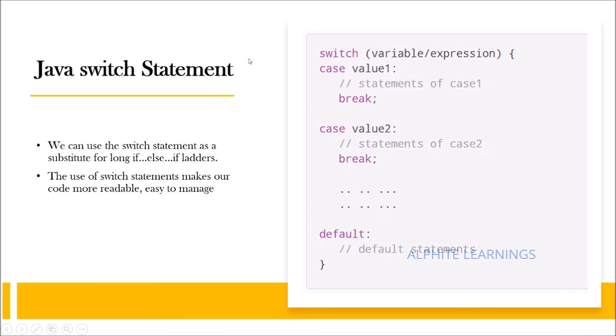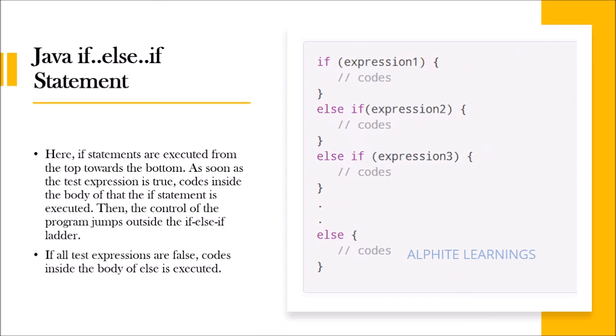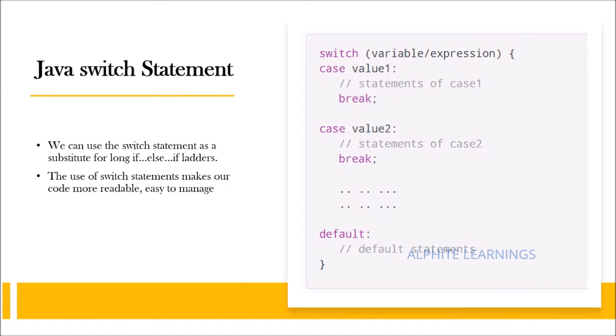So next you have the switch statement. The switch statement is nothing but, when you have many conditions to check in an if else ladder, it will get difficult for you. So in that case we have one more option called the switch statement. In a switch statement, you can pass the variable or expression that needs to be checked inside this switch, and whatever the result is,